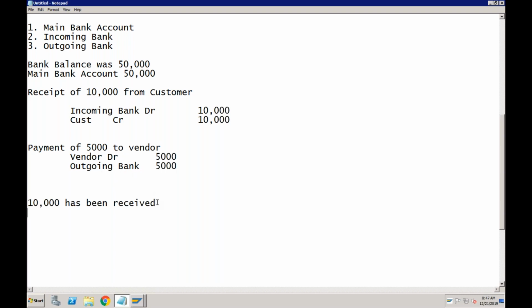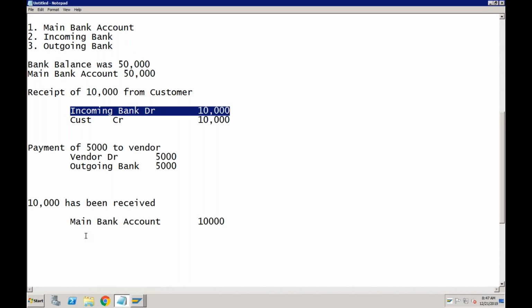So whenever bank will confirm that yes, this much amount has been received, we will say, okay, this amount will now come in main bank account, so it will become debit by 10,000, and this was a clearing account that we used for the temporary purpose. So here it will become credit.